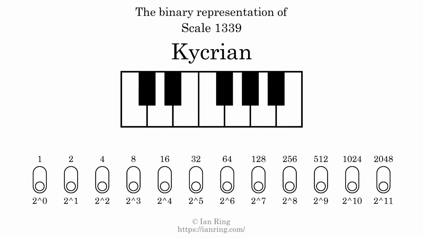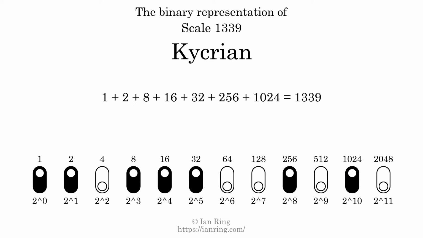The binary representation of this scale is determined by mapping tones of the scale to binary digits. Each binary digit represents a power of 2. To get the scale number, we add the powers of 2 together. The powers of 2 that are present in the scale, all added together, equals 1339. That is why the scale number, in decimal, is